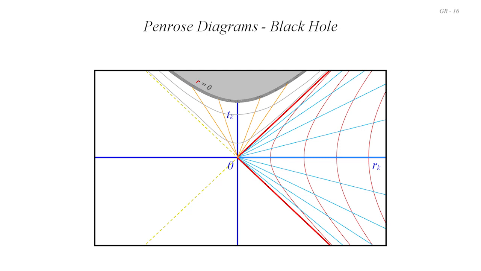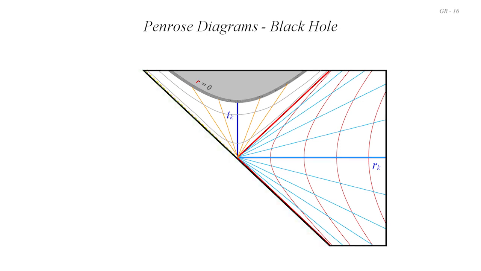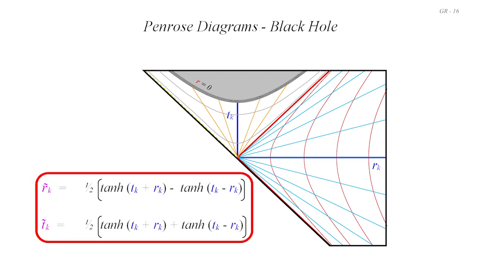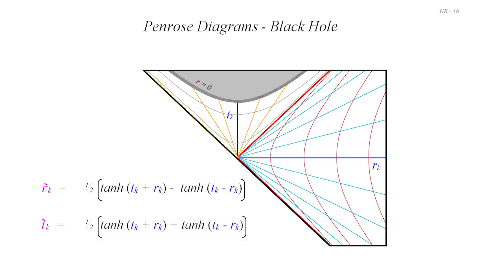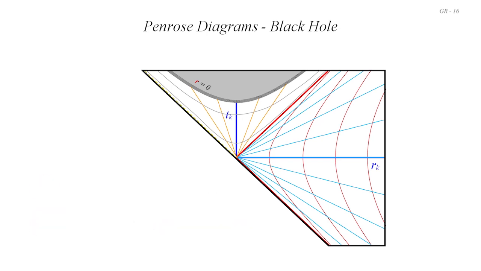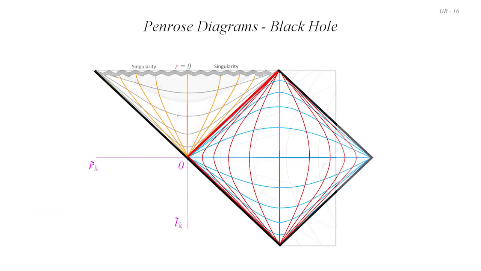With this coordinate system, each of these regions seem not to be useful to us in connection with space-time around a black hole. We may return to them later, but for now we could say that the meaningful space-time shown here is really this. Okay, so if we now use a coordinate transformation such as this to change the blue Kruskal coordinates rk/tk to the compactified mauve coordinates rk tilde and tk tilde, we will get something like this,